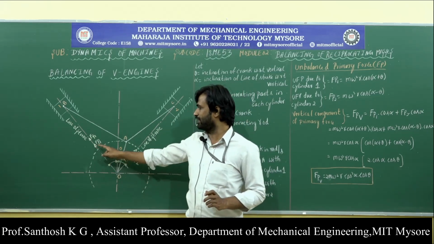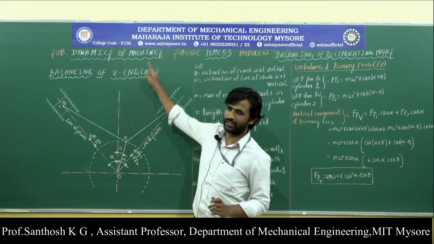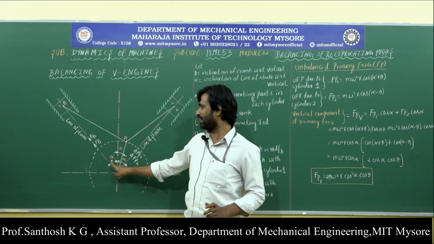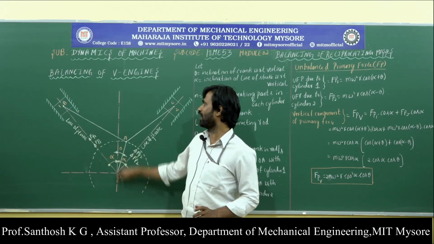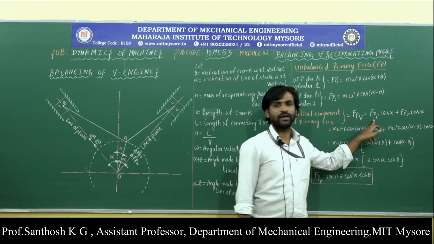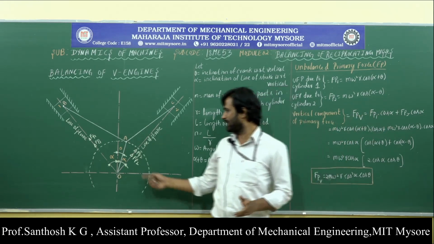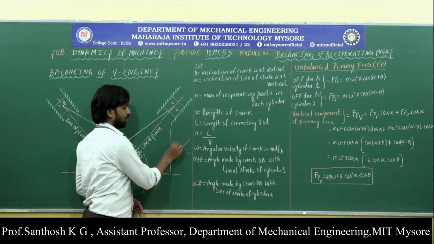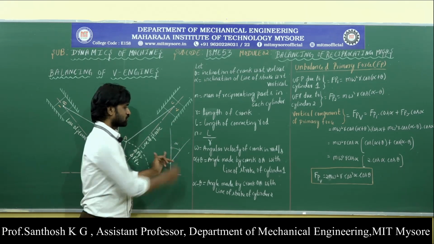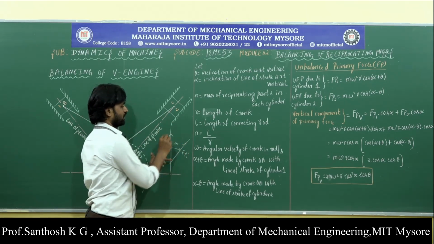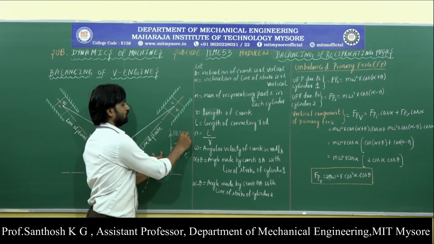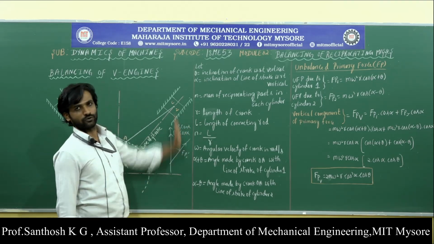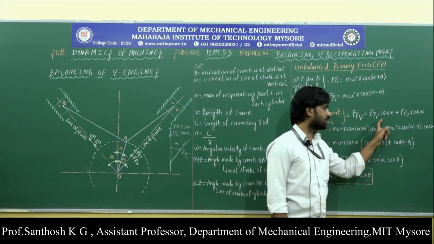Now I am going to find the value of Fp1 along the vertical axis. Since the line of action of Fp1 along the vertical axis is making an angle alpha, the component of Fp1 along the vertical axis will be equal to Fp1 cos alpha. Similarly, this force Fp2 is also inclined at an angle alpha with respect to the vertical line. So when I resolve this Fp2 along the vertical axis, I am going to get Fp2 cos alpha. So the Fp1 cos alpha and Fp2 cos alpha are going to act in the upward vertical direction.